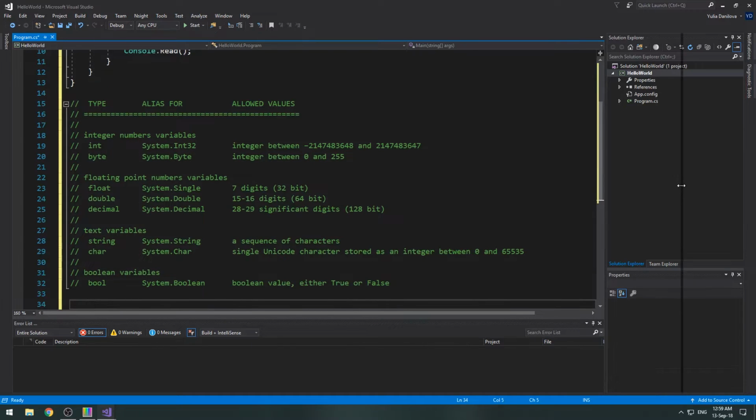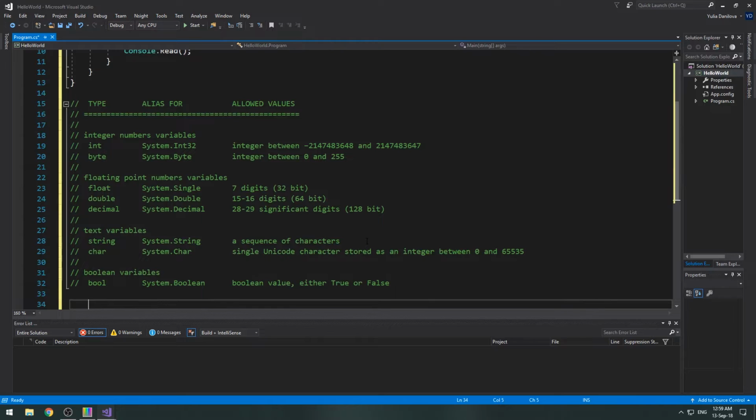The process of defining a new variable is called declaration. The process of giving a value to a declared variable is called assignment. When we assign an initial value to the variable, we do what is called an initialization. In short, we can declare a variable and assign a value to it, thus initializing it.